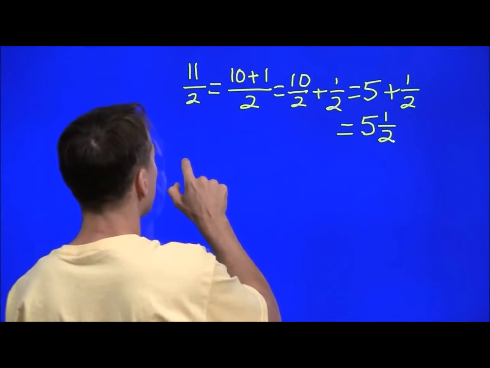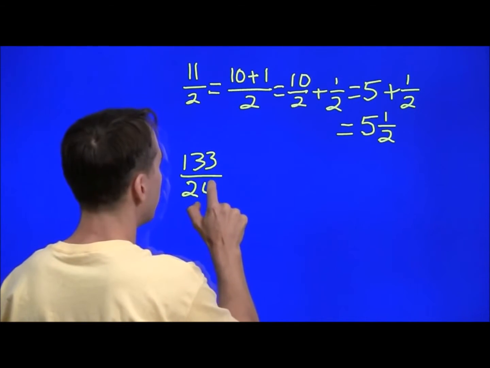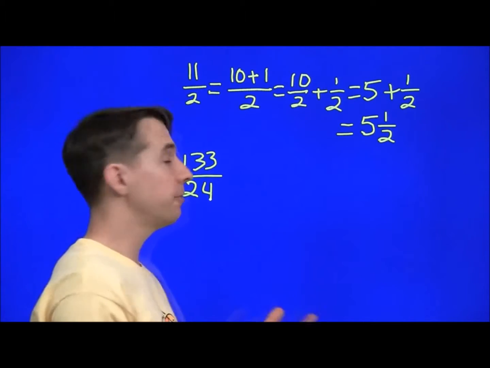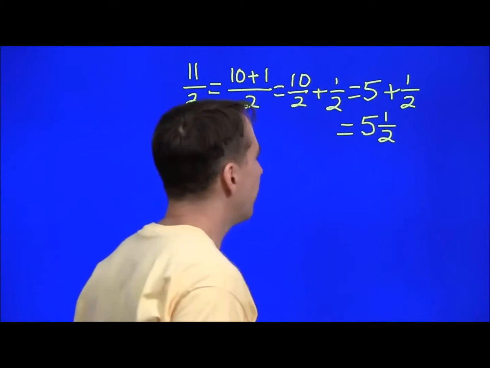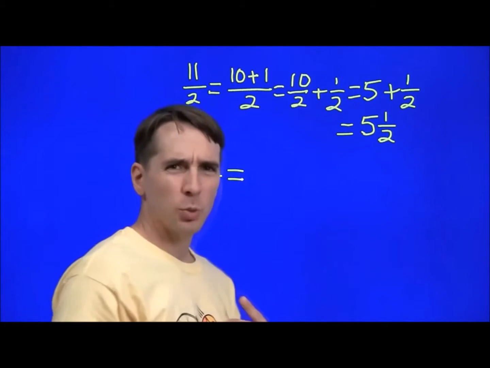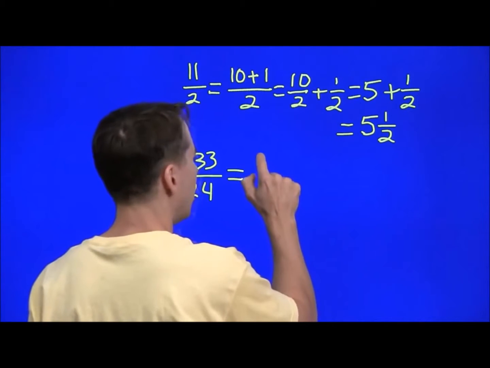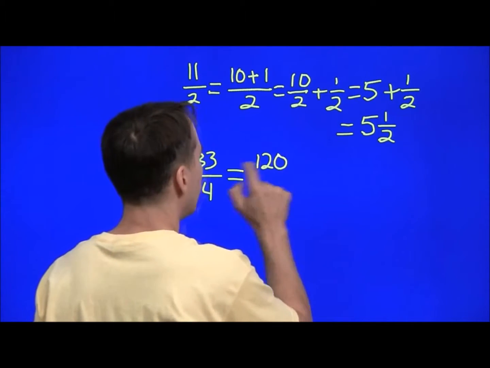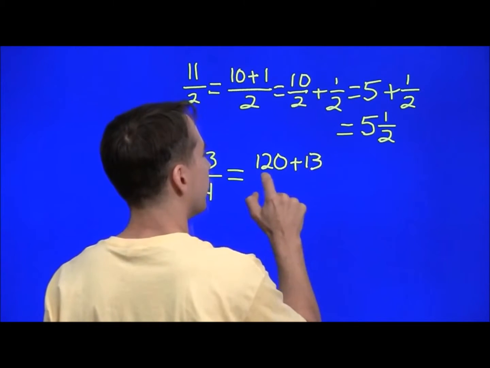Now let's take a look at my slight correction to my height, 133 over 24 feet. Now we know that the integer is going to be 5. It's going to be close to the 5.5. So let's see, 5 times 24, 5 times 20 is 100, 5 times 4 is 20. Add those together, that's 120. So I'm going to break the 133 into 120, and that'll leave 13 left over